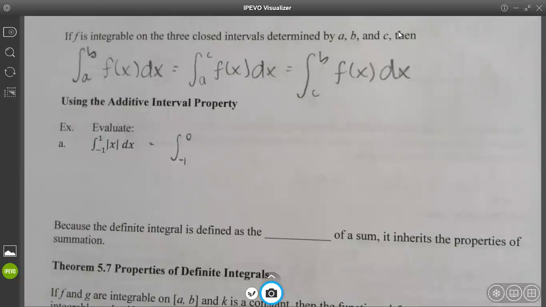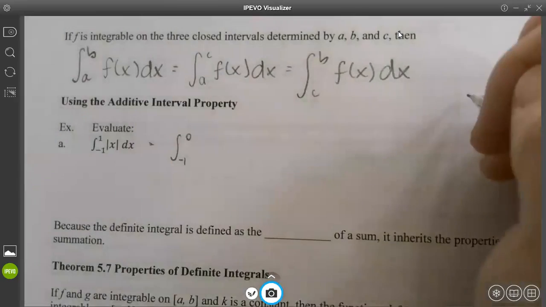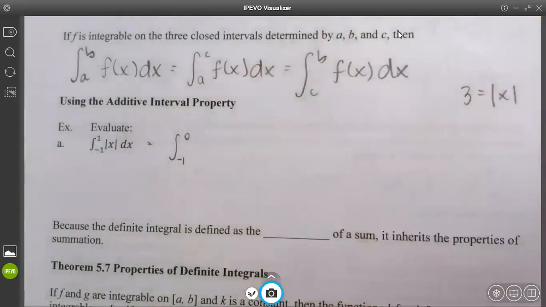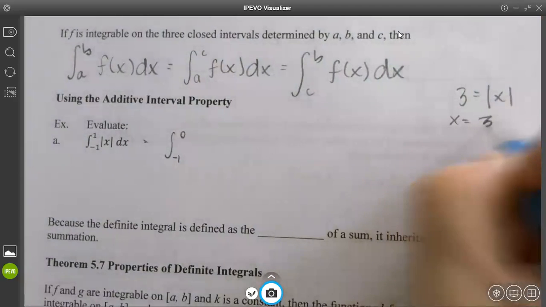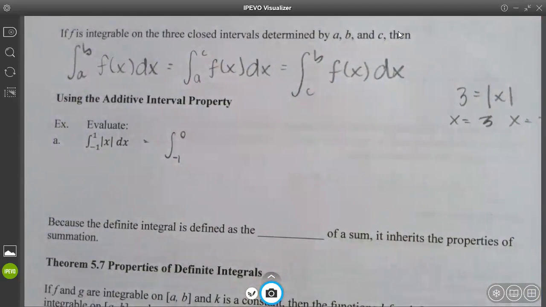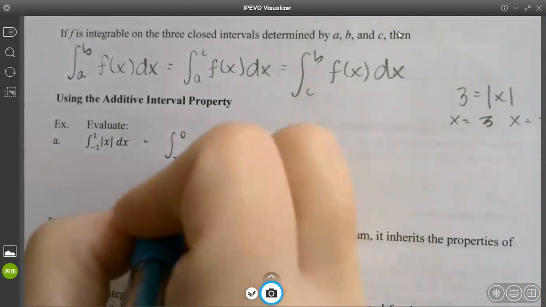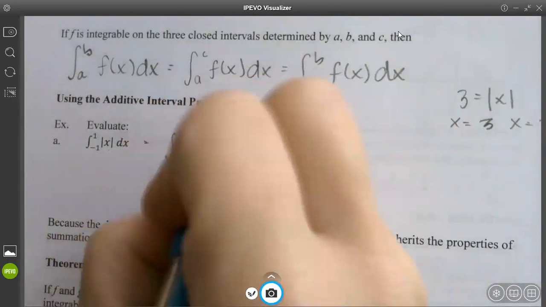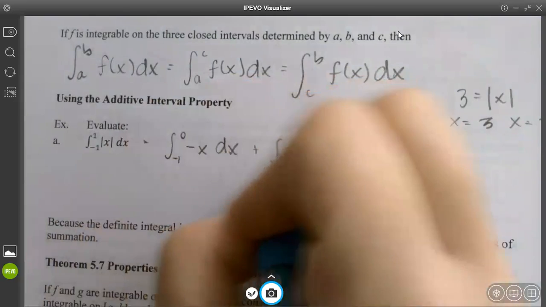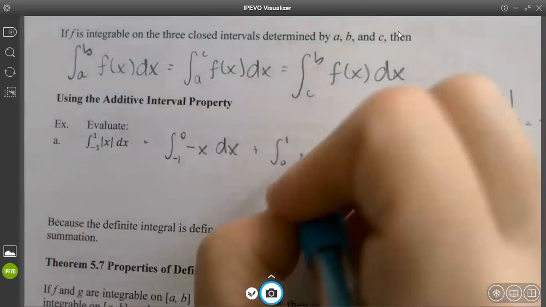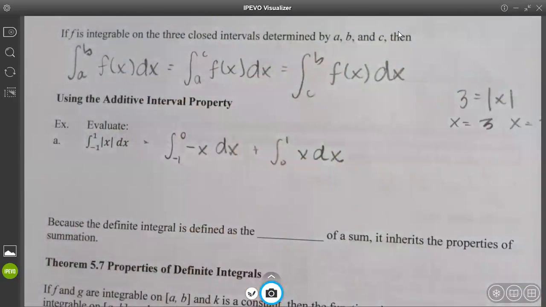Remember that. The reason I'm going to do that is because what happens with absolute value? There's a negative and a positive. A regular absolute value is positive, but the number that I plug in could be positive or negative. So if I wanted, for example, the absolute value of x equals 3, x could be 3 or x could be -3 when I plug it into the absolute value bar. Does everybody understand that? So what we're doing is kind of bounding that negative versus the positive. So these are going to be your negative values. And then I'm going to go 0 to 1 of my positive values.